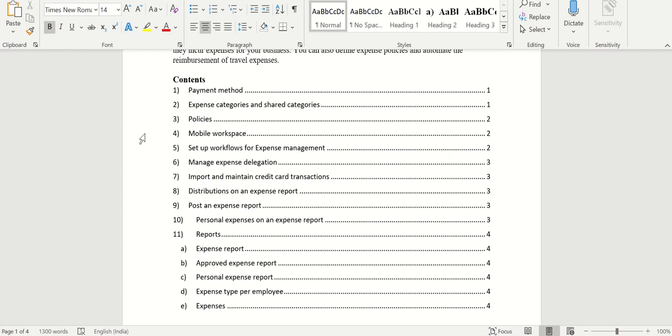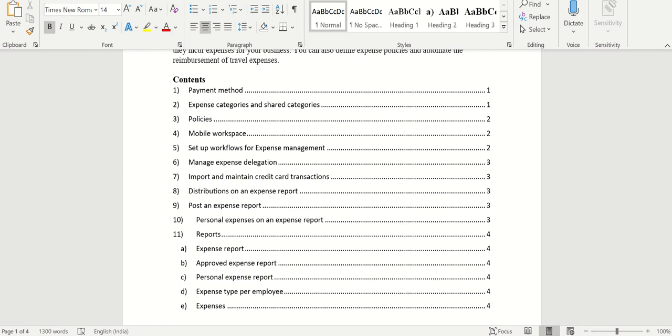You can spend 15,000 as a max for hotel rent, and if you're crossing that, you can have a setup telling what should happen. There can be an exception for all the policy setups. If employees are crossing the limit, they can give a justification and still submit the report, and the managers, if they're okay with the justification, can approve or reject depending on that. So once you select a policy, there's an exception also for the policy.